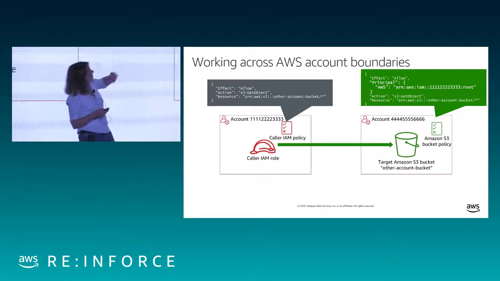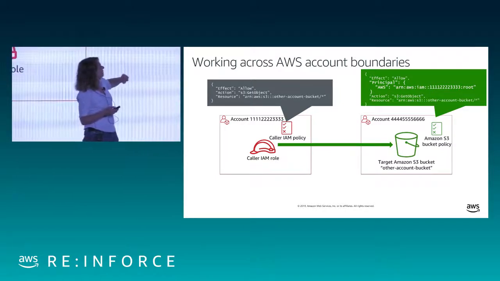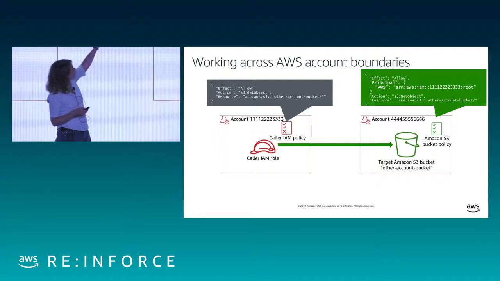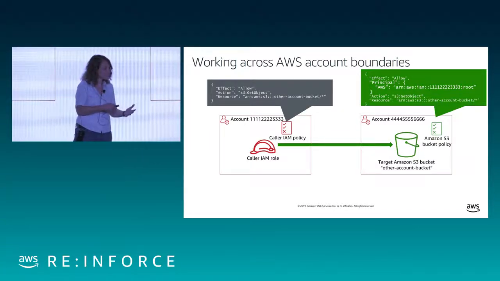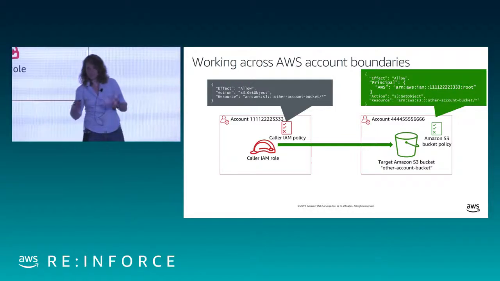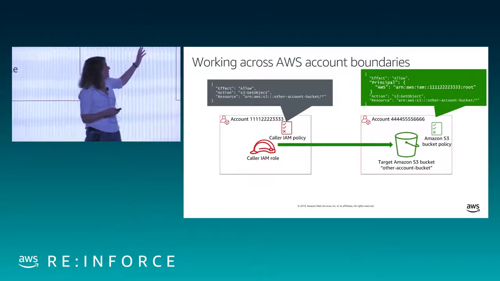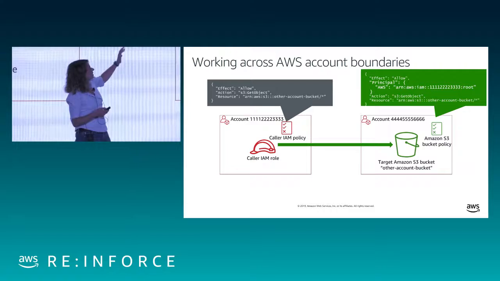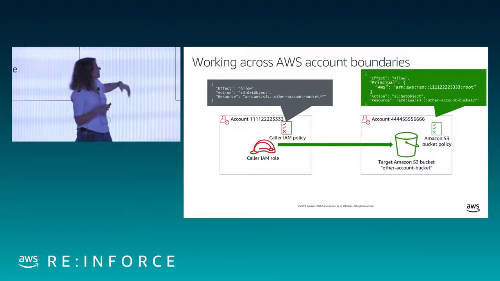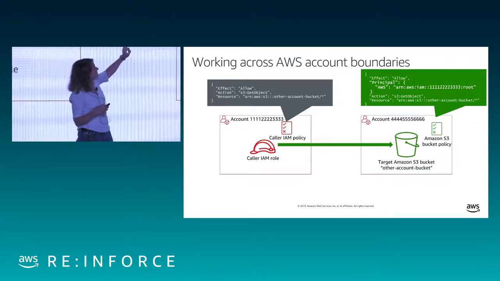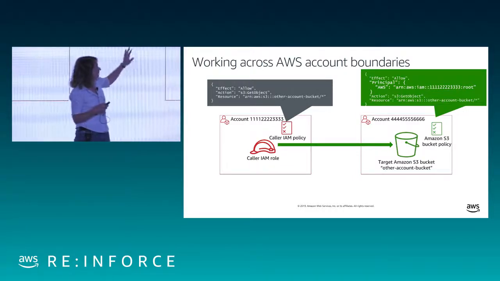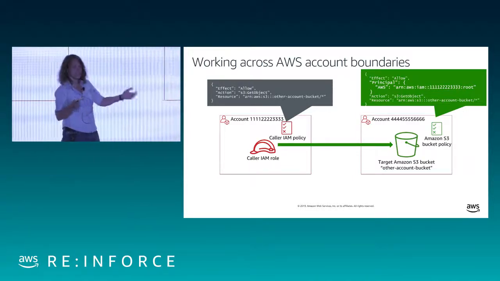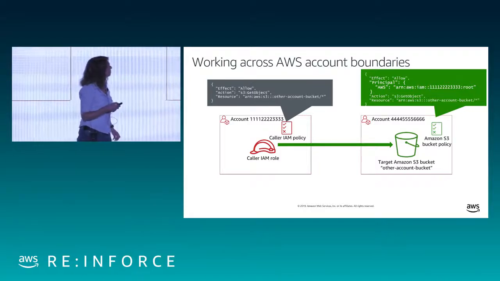All right, so over here we have a snippet of IAM policy. It's got one new thing in here, principal. We weren't looking at that before because all of the policies we had before were attached to a principal, so you knew who the principal was. But for this bucket, you can see what it's saying. It's saying, I will let anybody from account 111122223333 call getObject on any object underneath this bucket.